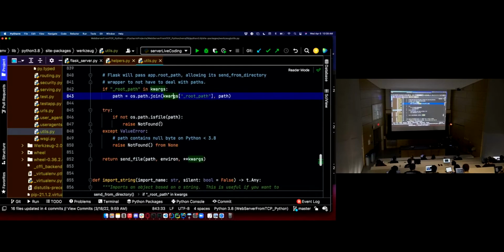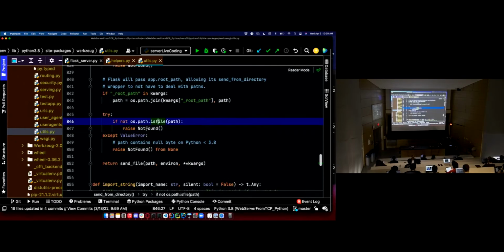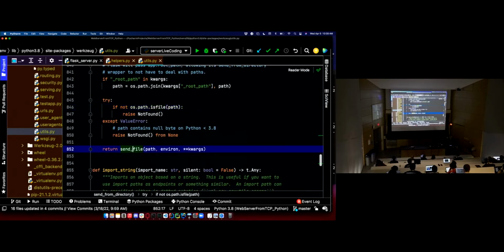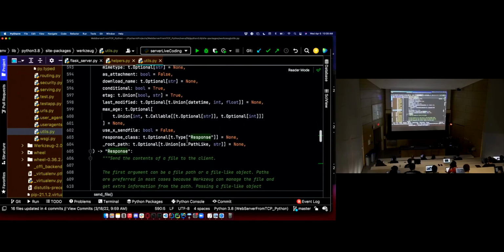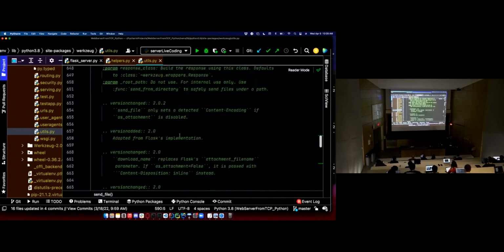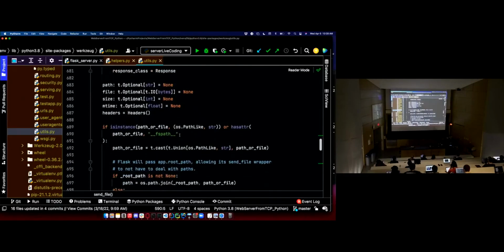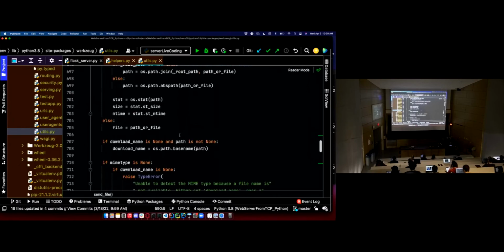which is going to start actually doing the thing and actually raise not found, if not is file, send file, type response. Those are all parameters. Somewhere in here, it's actually going to open a file eventually, but it takes a while.